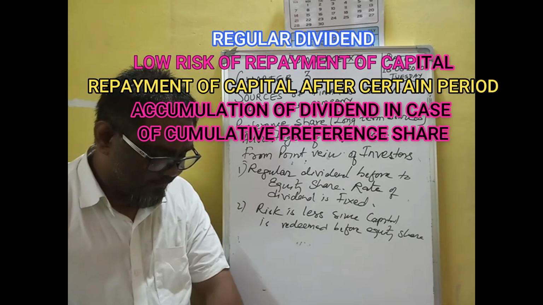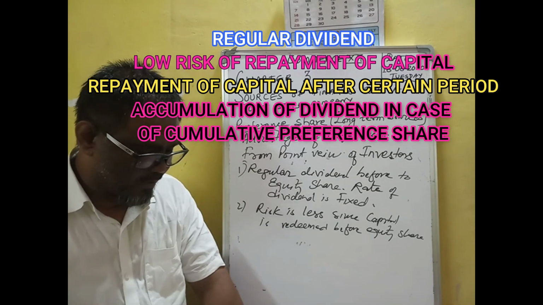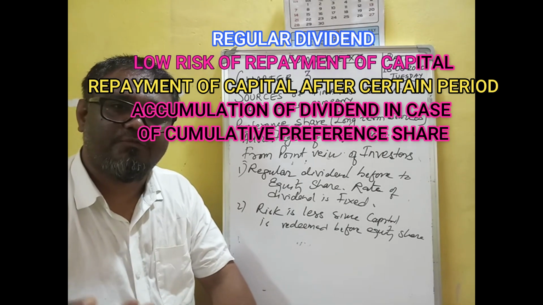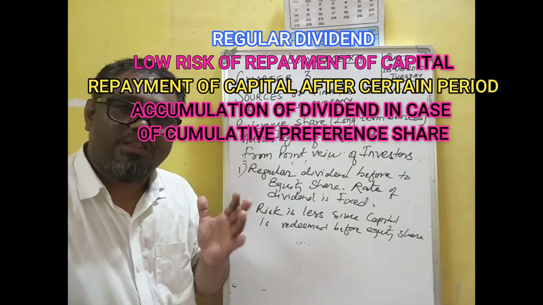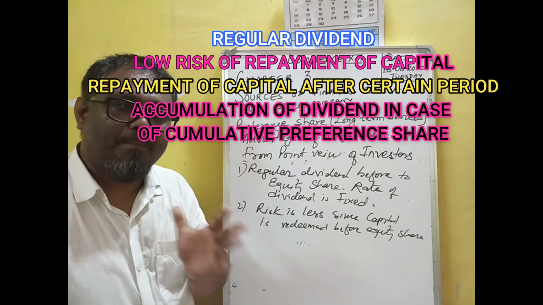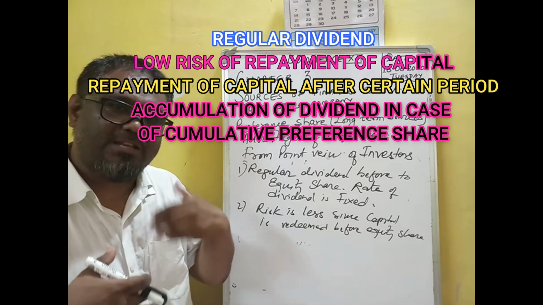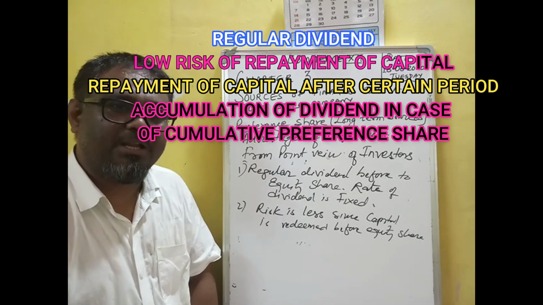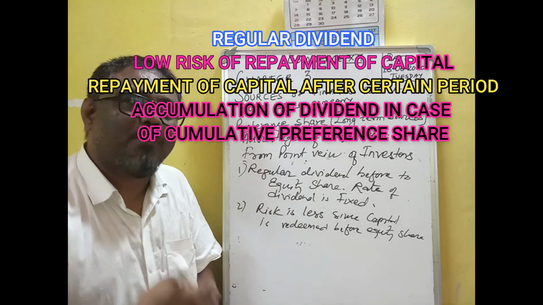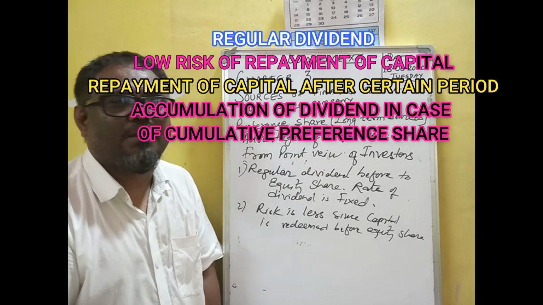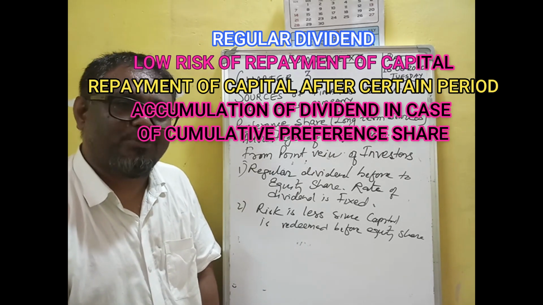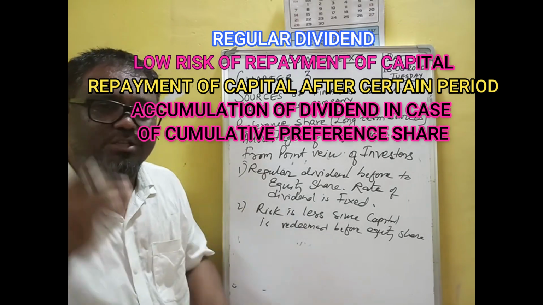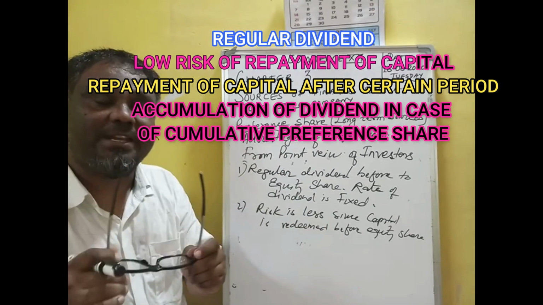So preferential holders can get back their investment after a certain period of time. Preferential cannot be issued for a period of more than 20 years. In case of redeemable preferentials, within the survival period, as long as the company is there, the company will return the preferential holders' money. It may be maximum within 20 years. The company has to return the preferential holders' money. So it is not a lifetime capital. The company can issue the preferential for maximum 20 years, not more. So it is not a permanent capital of the company.